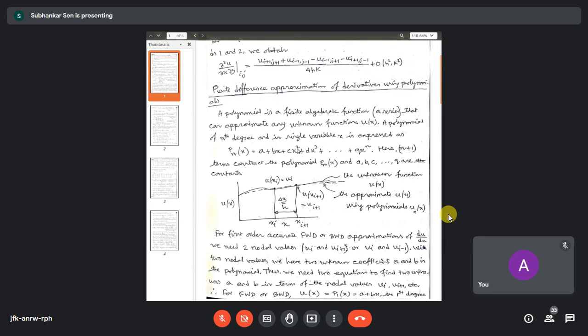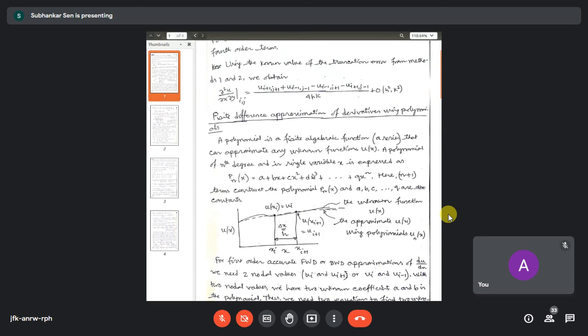So it will be b plus 2cx. Now this dp and dx, this is the derivative for which you are doing either forward difference or backward difference or the central difference. It means that if you take the derivative here, then whatever you get after taking the derivative will represent the finite difference expression.